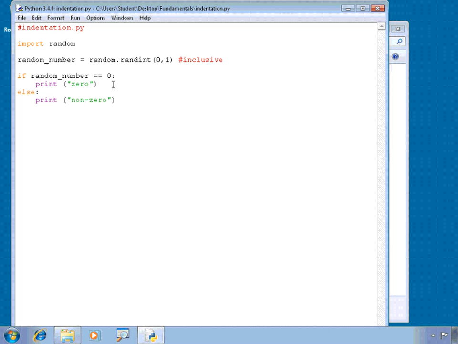Now the main thing that I really wanted to focus on here is the indentation. So we say if, and then after the Boolean expression, a colon, an else, and then a colon. It's really this indentation that marks this as a block of code. Now we only have one statement in here, but if you have multiple statements, as long as they're all indented the same amount, in this case it's 1, 2, 3, 4. So the standard convention that most people use is 4 spaces